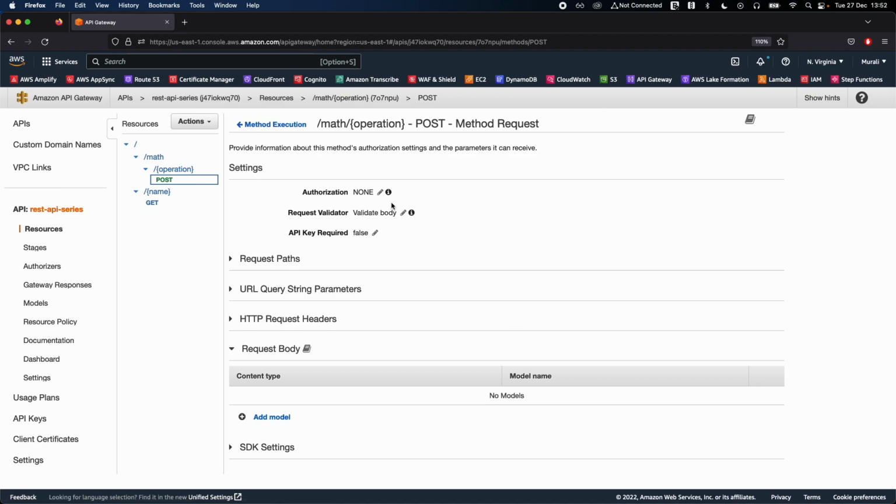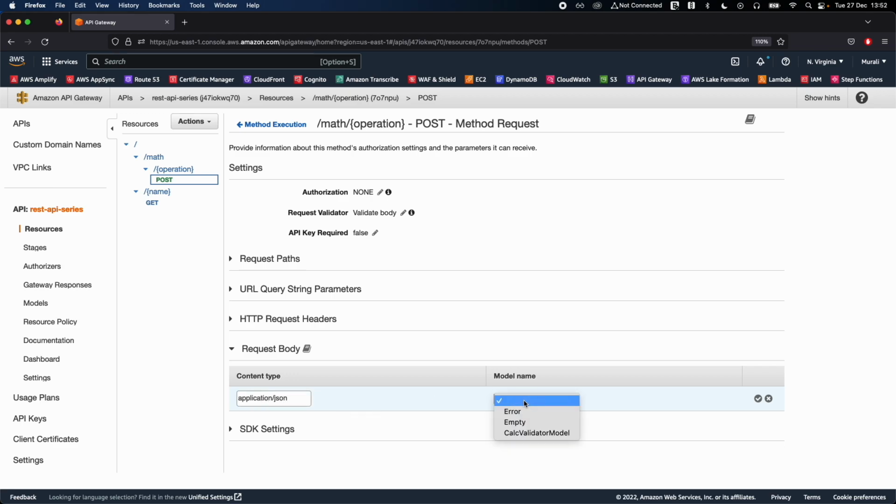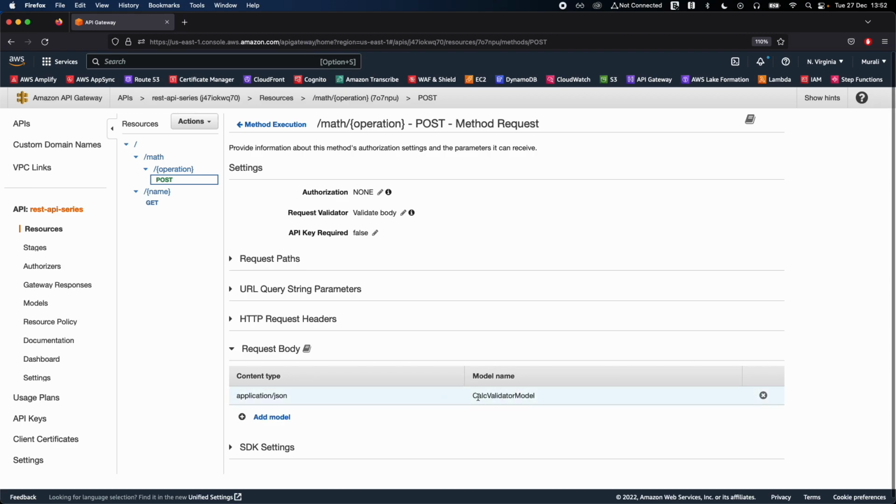You will be on this screen, and select the validate body and come to the request body and click on the add model. The type of data is application/JSON, and in the model name you go ahead and select the calc validator model. So click on the validator model and click on this little tick. You should be able to update the content type,